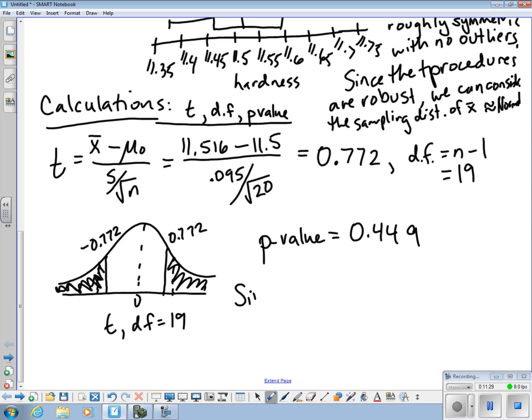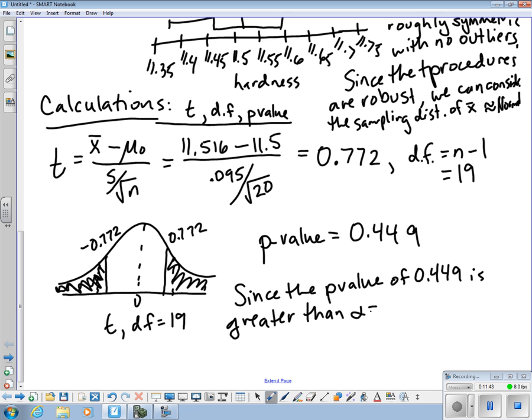So since the p-value of 0.449 is greater than our alpha value, remember, if p is low, reject H0. P is definitely high here, not low. And so we fail to reject